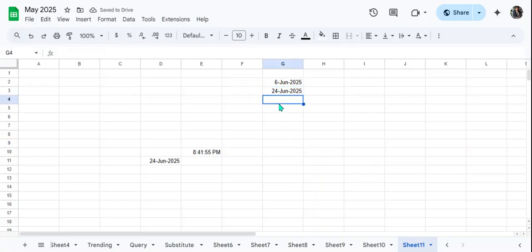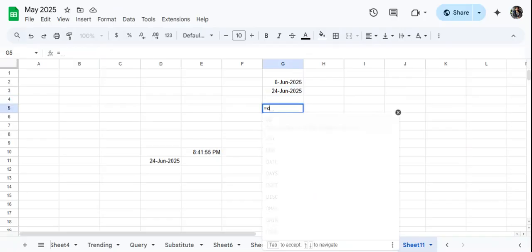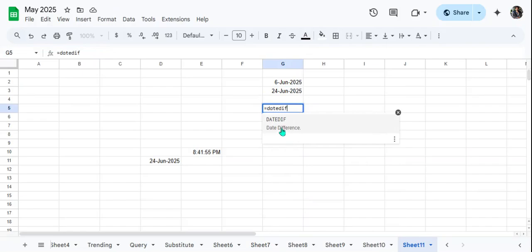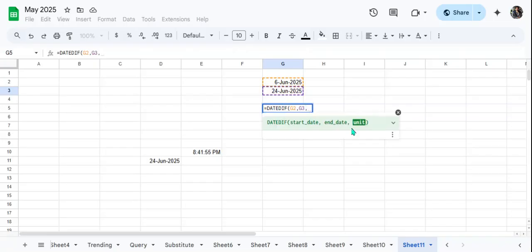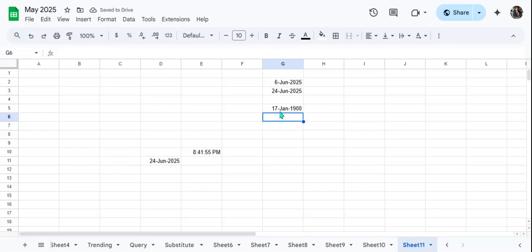Okay, for my next function. The next function is DATEDIF, equal DATEDIF. DATEDIF, date difference. So you give the start date, this is the 6, comma, end date, this one. Okay, comma, unit, meaning which format you want the difference in: year-wise, month-wise, or day-wise. Suppose here we have the month, so we need day-wise. So here I type double quotation, D, double quotation, and hit enter, and you can see the date,